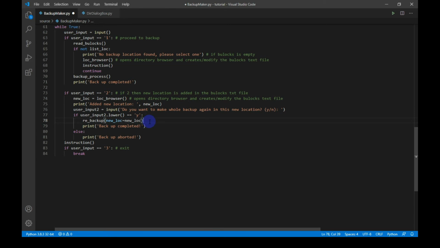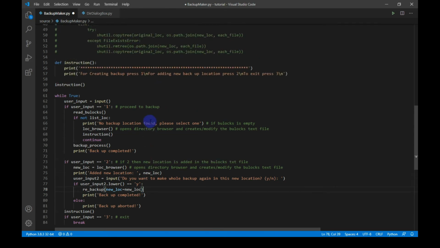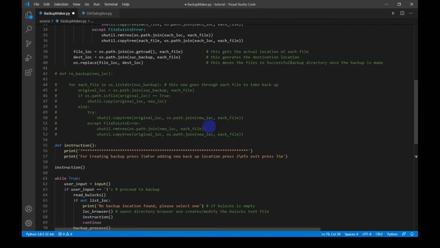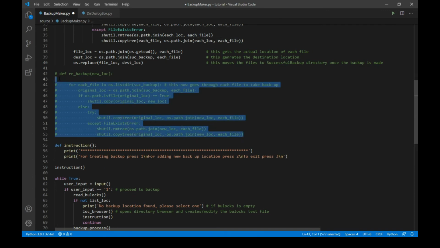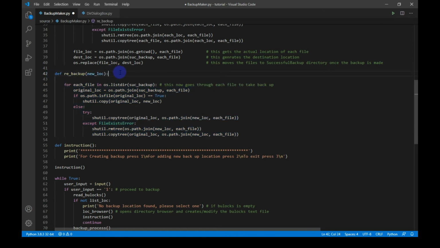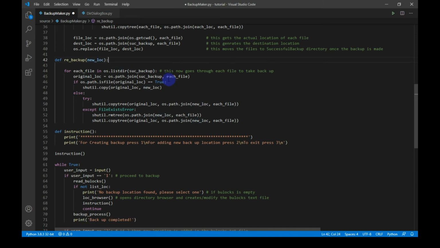So now let's check the re_backup function. First, I will uncomment the function. Here the new location is given as argument. This for loop goes through each file present in the successful backup location. This original_location variable stores the location of each file.